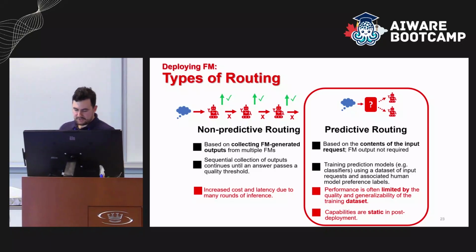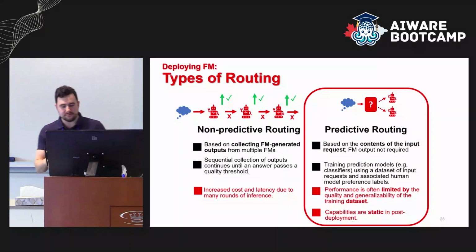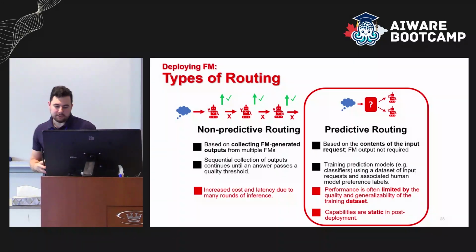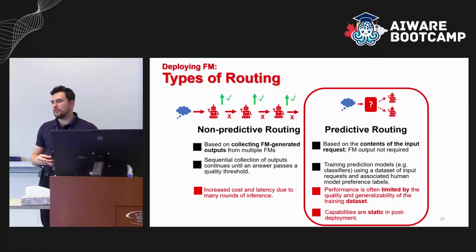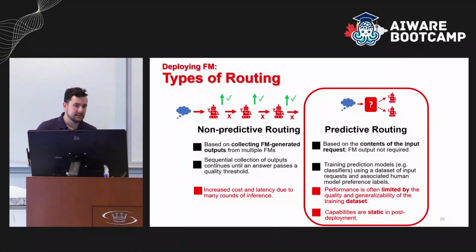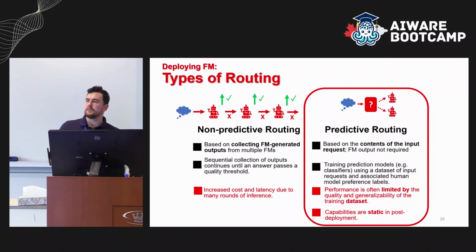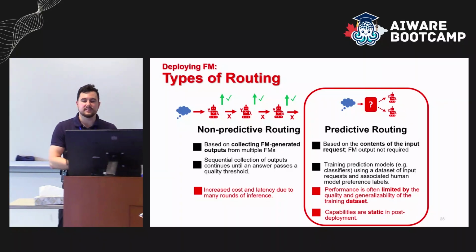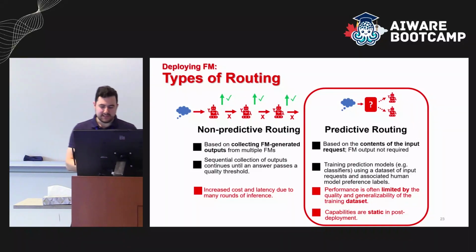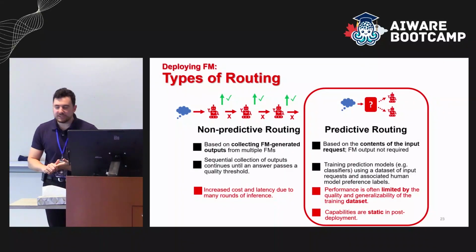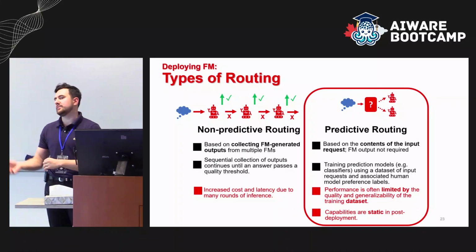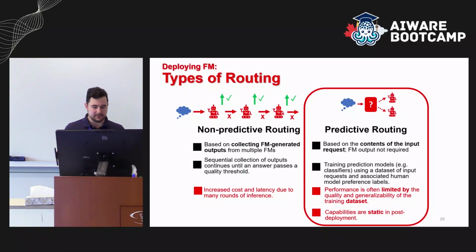Two things though, there are two limitations you can see on the screen. We're going to go back to this later, but one thing is that just like any machine learning model, the performance is often limited by the quality and the generalizability of the training data set. So if the query that comes in is completely dissimilar to what has been seen in the training data set, then you might have issues. And last but not least, when these models are deployed, they're static. If you want to deploy a new model, change the model, or add something else, you usually will have to retrain them. There are ways to deal with it, but that's the price you unfortunately have to pay.